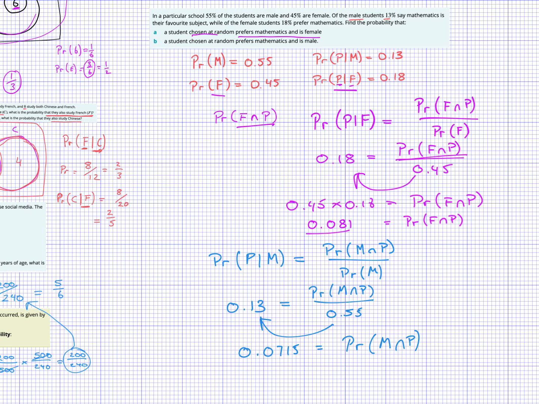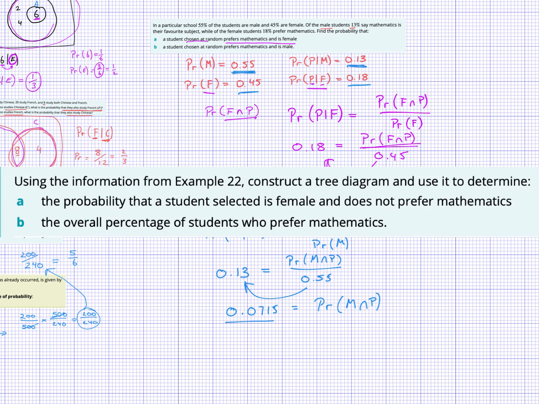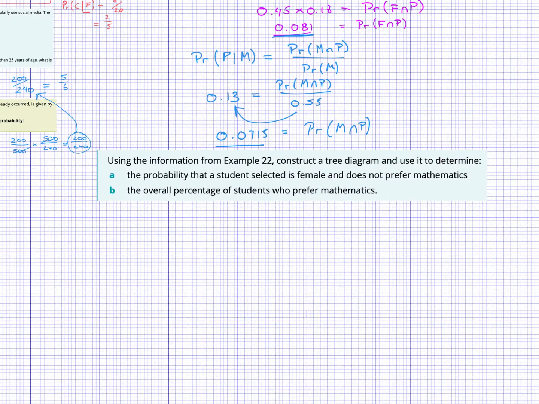Now you might notice that this chance here is a little bit smaller than this chance here, which is a bit surprising given that there were more males in the school. But they had a smaller percentage who preferred maths, and a bigger percentage who preferred it for female, all right? So that's part one. Now I'm going to show you part two, and it leads into the total law of probability. So here's part two, where it says, using the information from example 22,